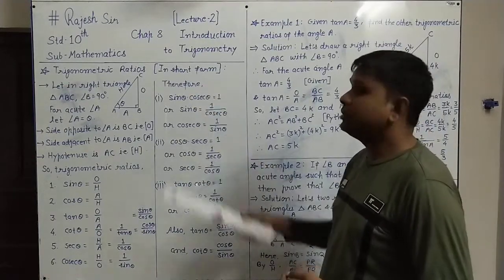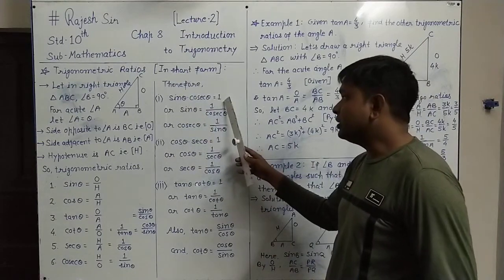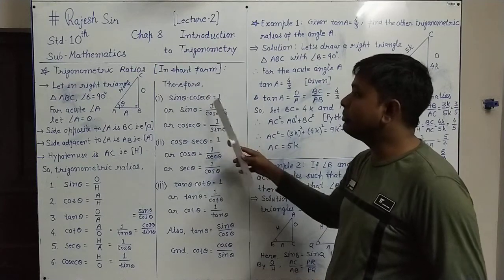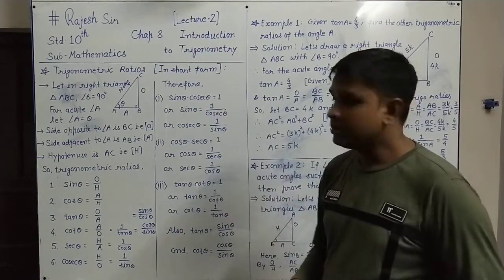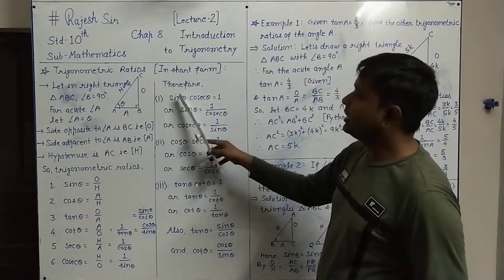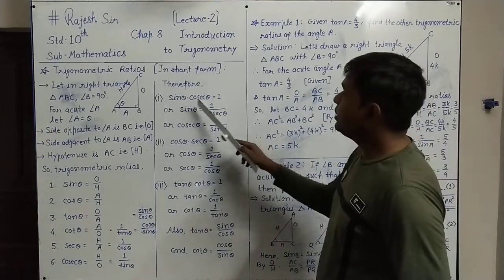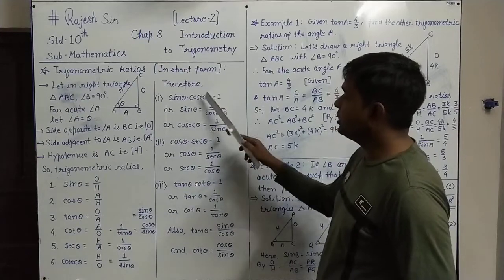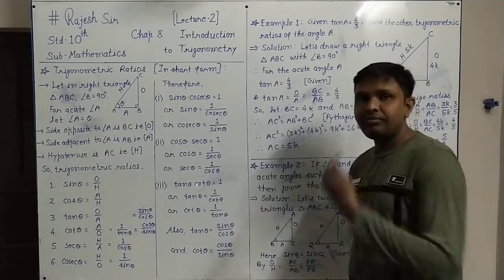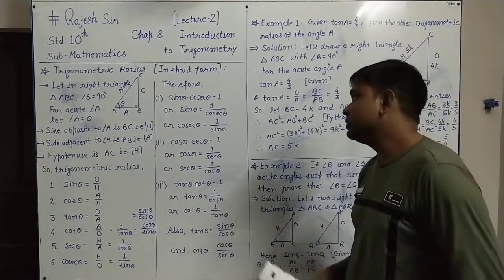In multiplication form, the trigonometric functions have this relation: sin theta into cosec theta is 1. Or you can write sin theta equals 1 upon cosec theta, with the multiplied part taken down on the right side. Or if you take cosec theta on the left, with sin theta taken down, it will be 1 upon sin theta. So in short, sin theta into cosec theta is 1, sin theta equals 1 upon cosec theta, and cosec theta equals 1 upon sin theta. This way, we get the relations between sin and cosec in product form.